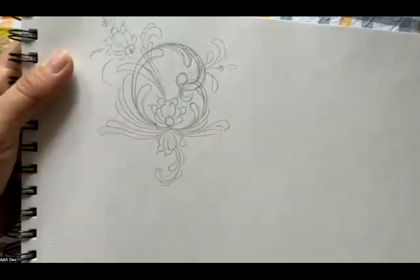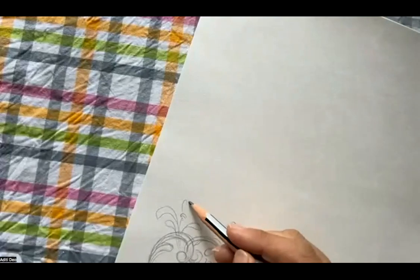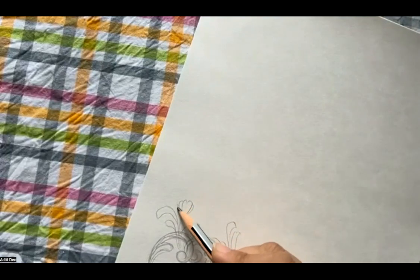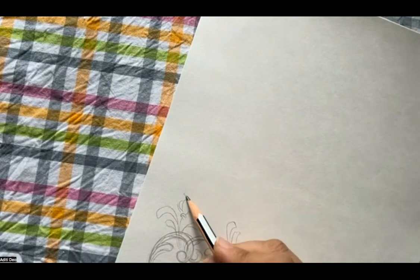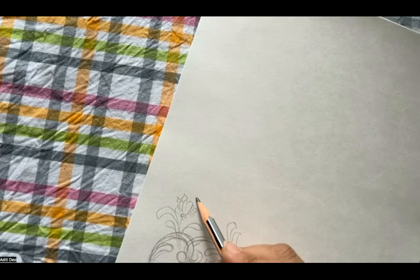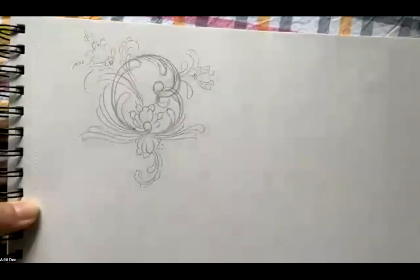Now, wherever you need to rotate the book to make the design, you don't need to keep it all in one direction. That way, I would have